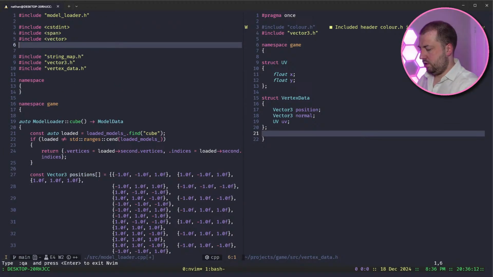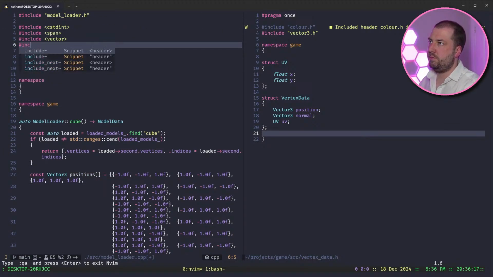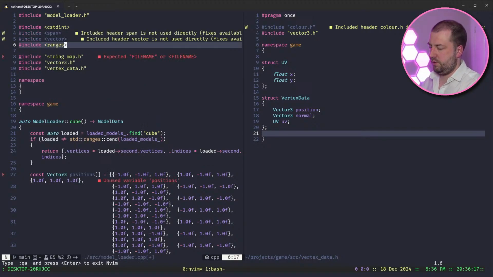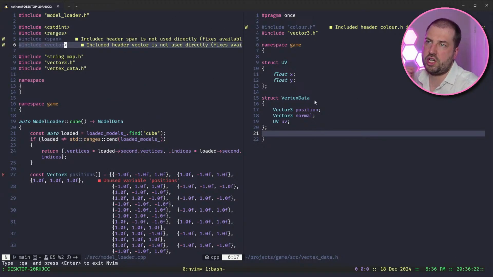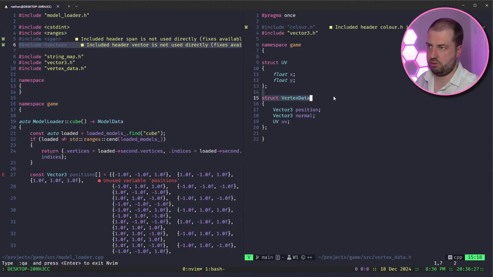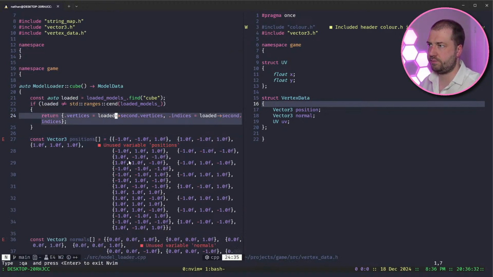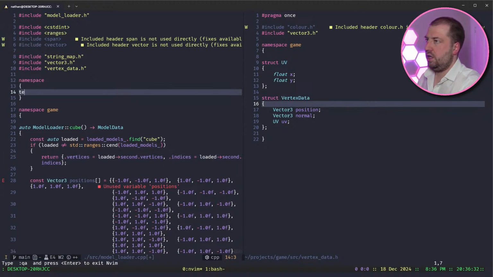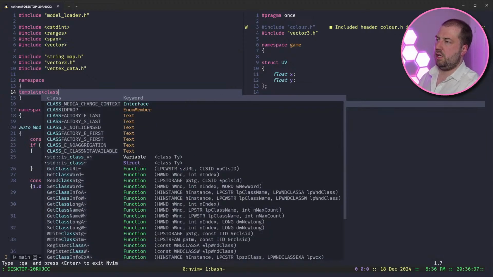So I'm going to see if we can find a way of just specifying. Also, say we wanted to change the order of these for whatever reason, maybe packing, who knows. With the way we have here, I'd have to change all these every time, and I don't want to do that. So let's go template class